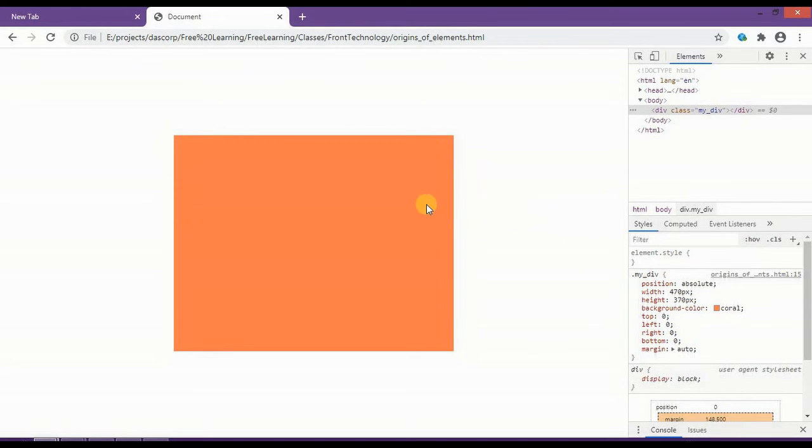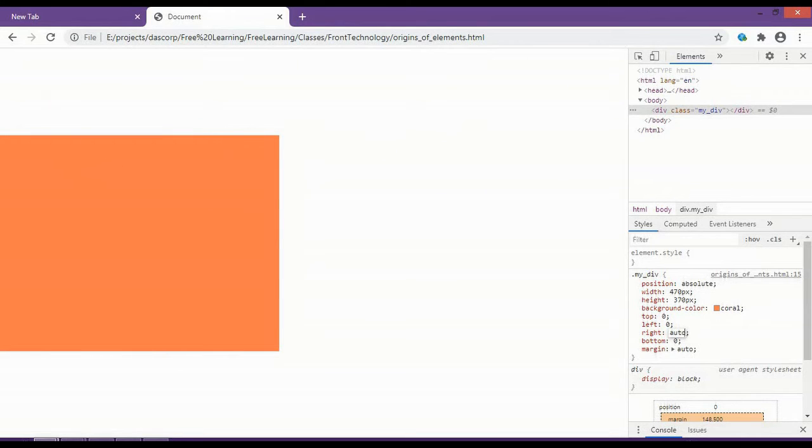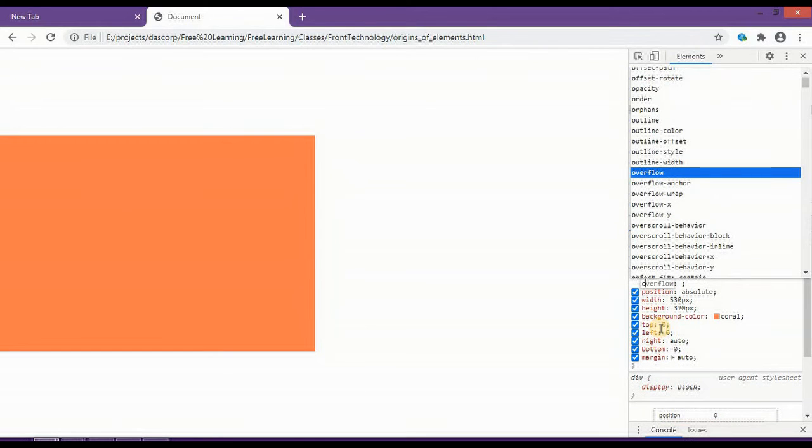Now if you are thinking that okay, let's keep it vertically center but align it to the left, for that you need to do only one thing: you have to change this right from 0 to auto. So it will automatically come to the left, and increasing width will be like previous, only towards right. Now if you want to keep this to right, for that what you need to do is what I did.